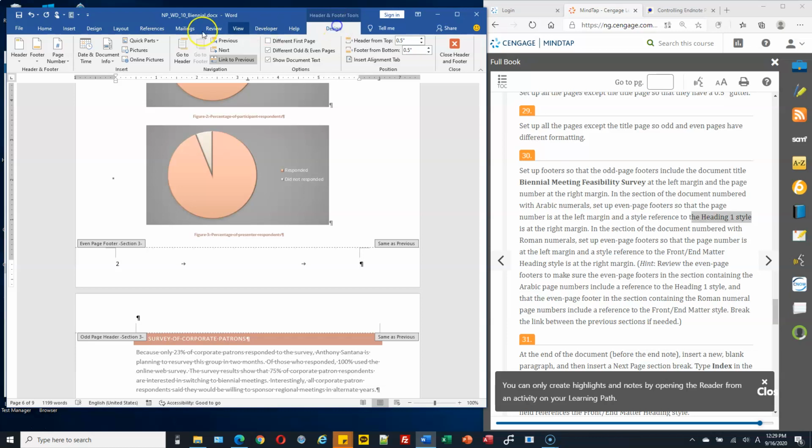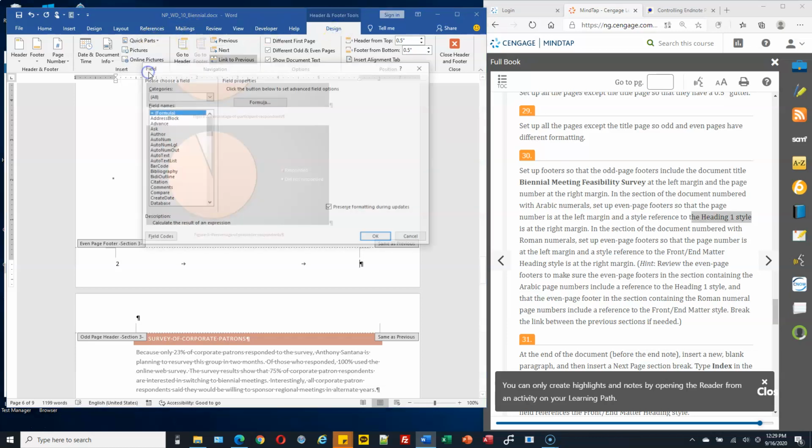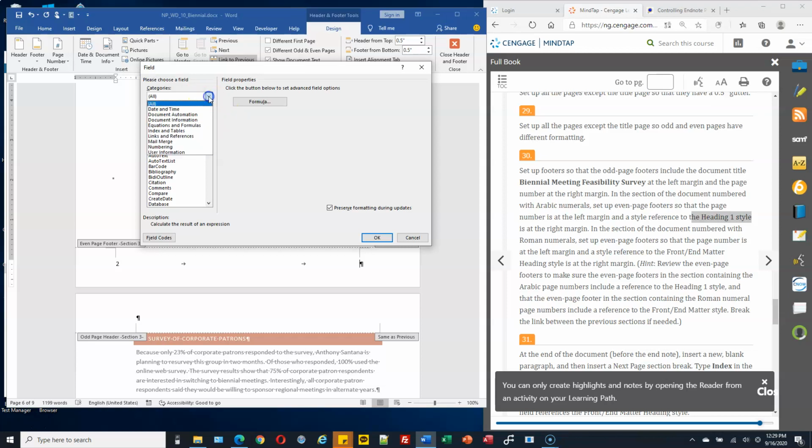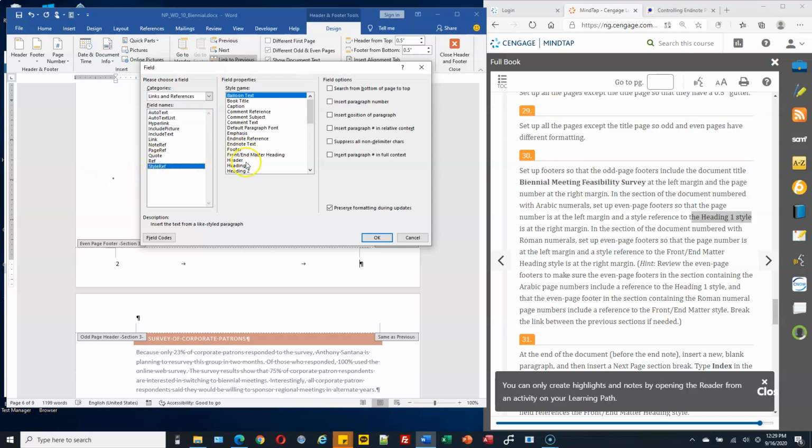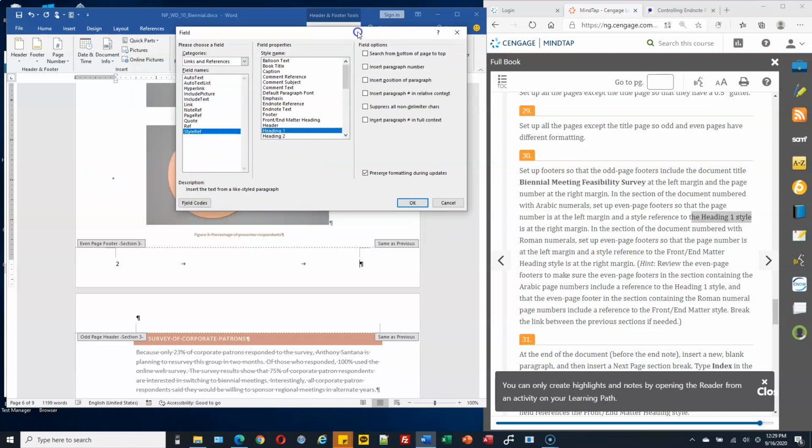So in the Design tab, we will insert the Quick Part. Remember the Quick Part field? Quick Part, Field, and this is related to Links and References. So this will display the heading 1 style. It's related to the link, so Style, and then select Heading 1. If we have heading 1 style on this page or the previous page, the closest to this page, then this will display the heading 1